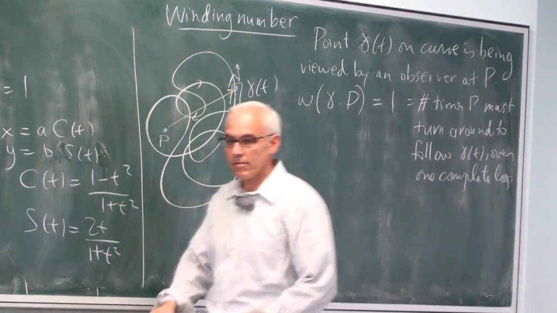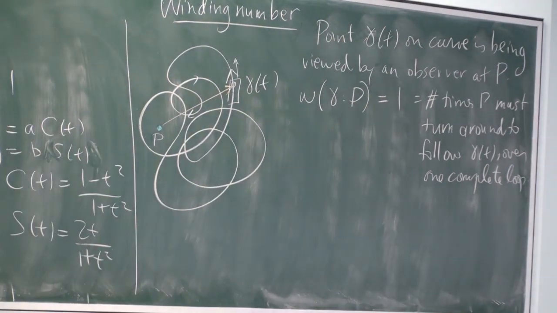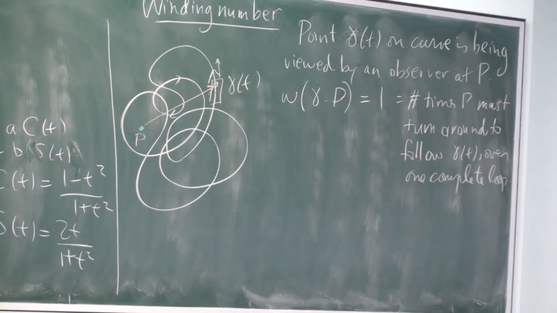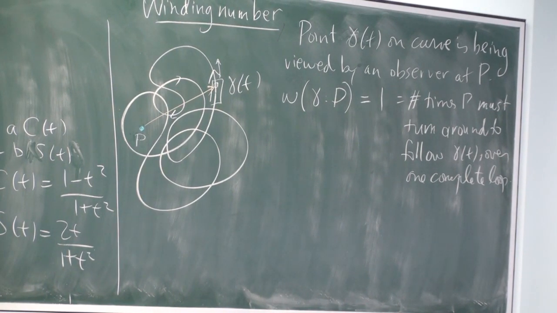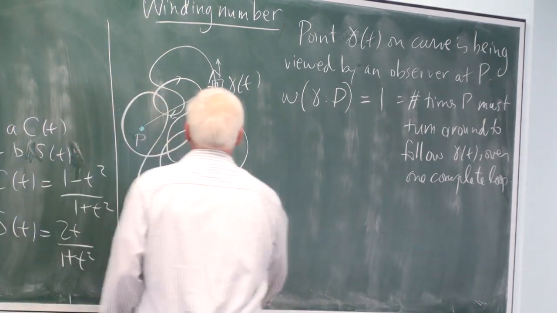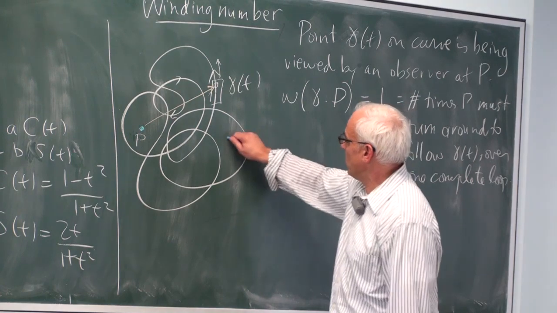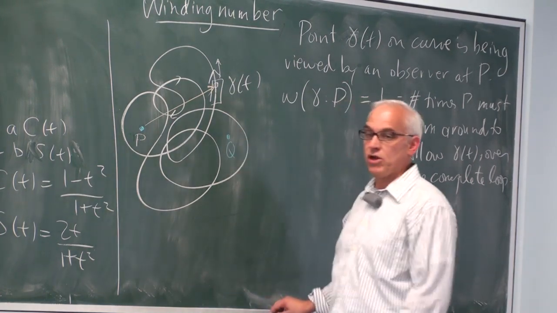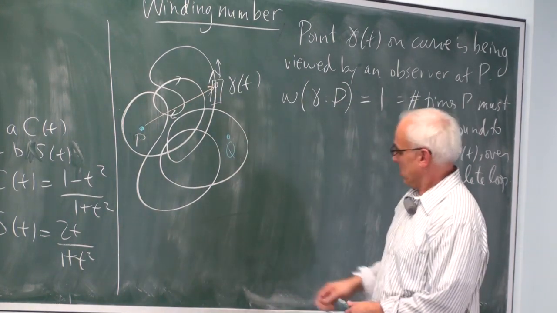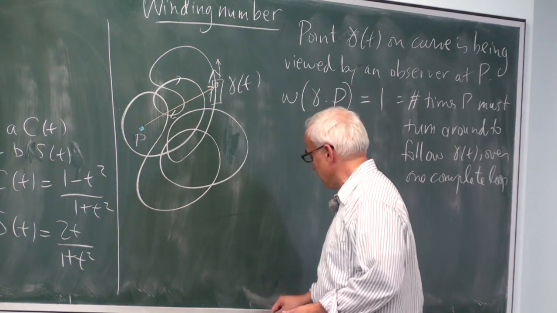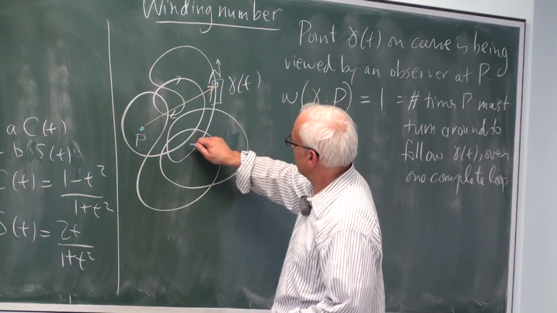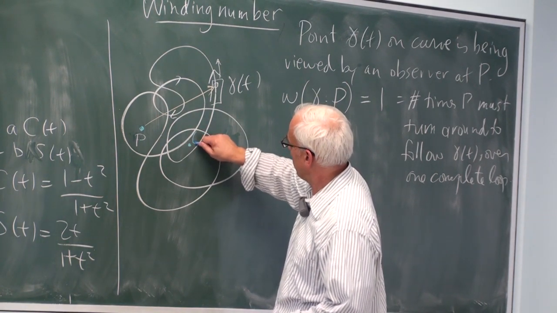P is allowed to be arbitrary here. So we can fully expect, and we should expect, that this winding number is going to change if we change the point P. And let's see what would happen, say, if we chose that point Q there. Well, let's do a more interesting one where it's sort of more in the middle. Let's say this Q here. All right.